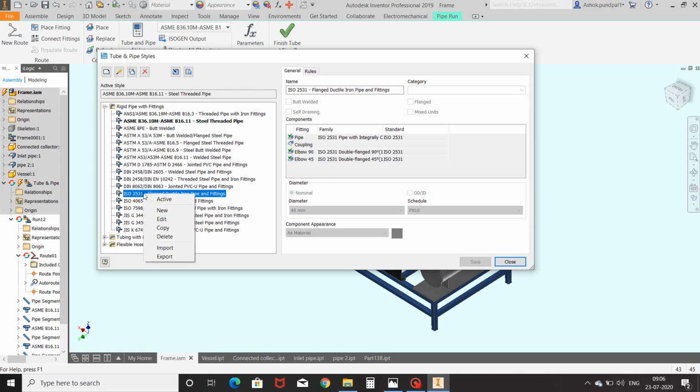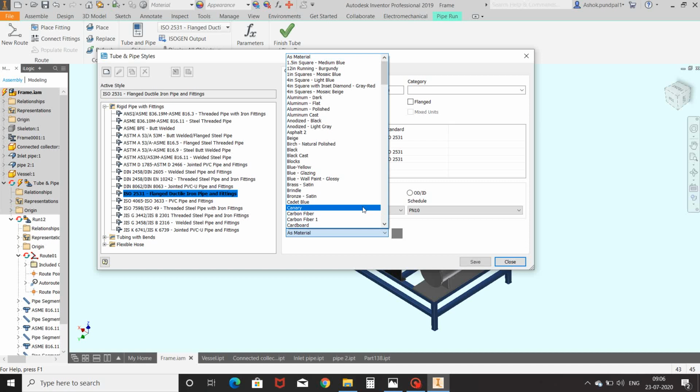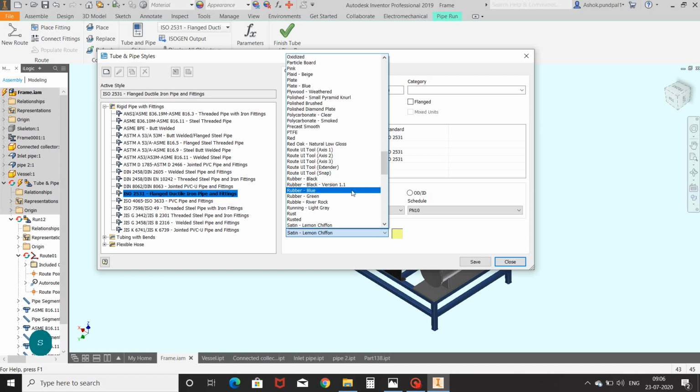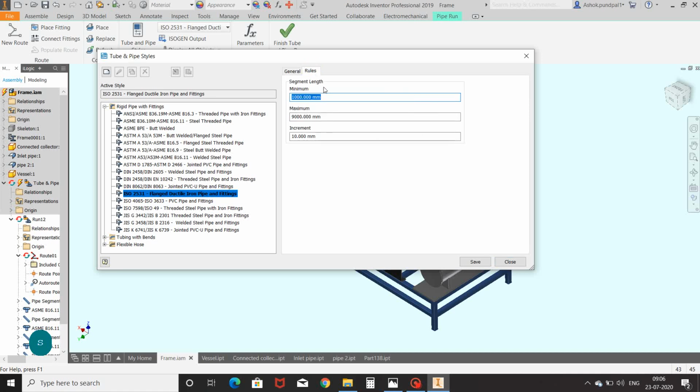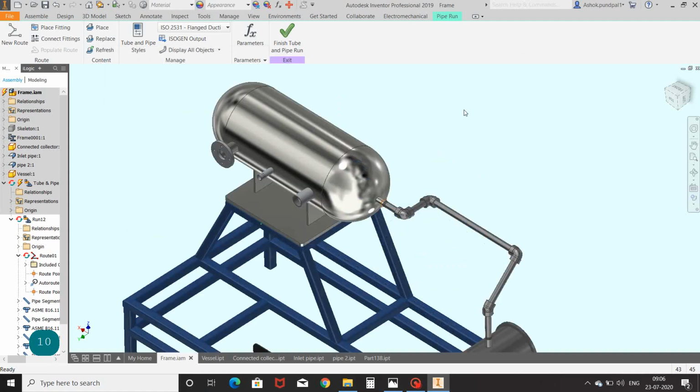Right click, active, double click and add a nomenclature like diameter, schedule and material. In rules, keep minimum length 10 mm. Save, and close the window.